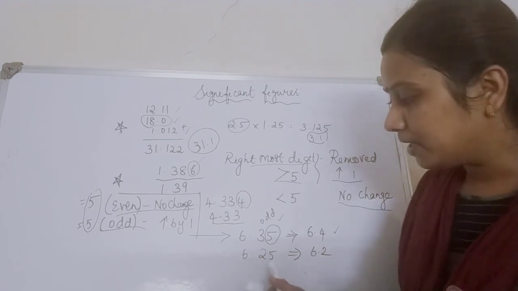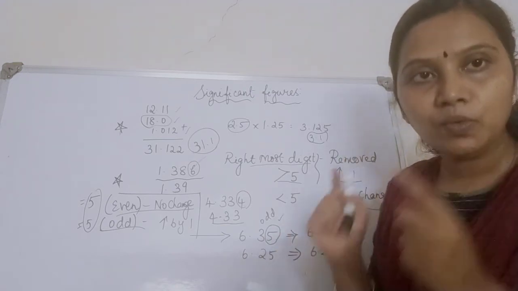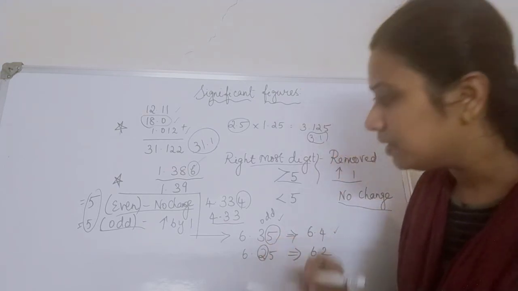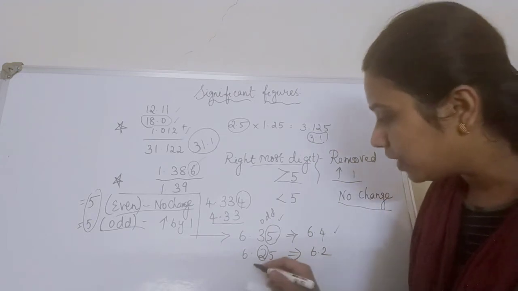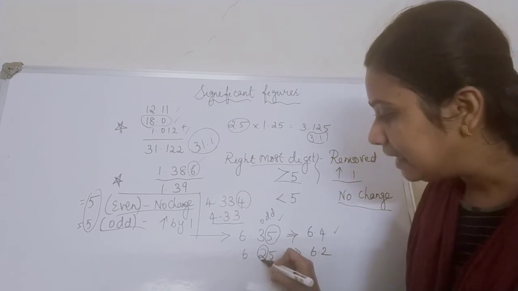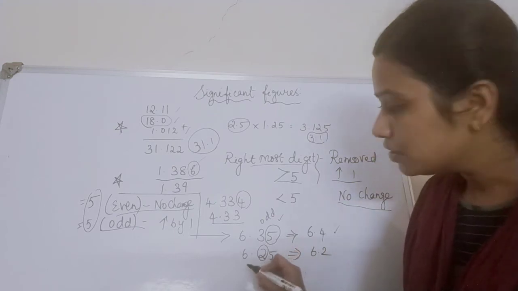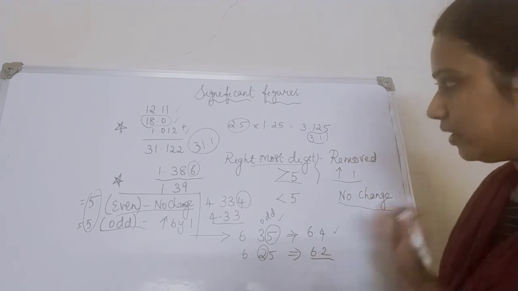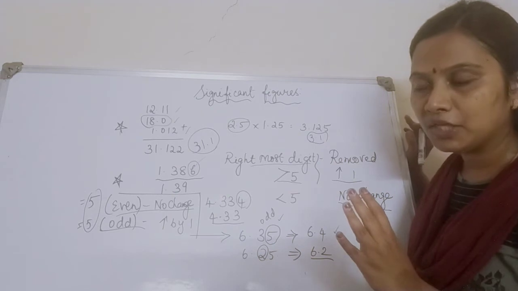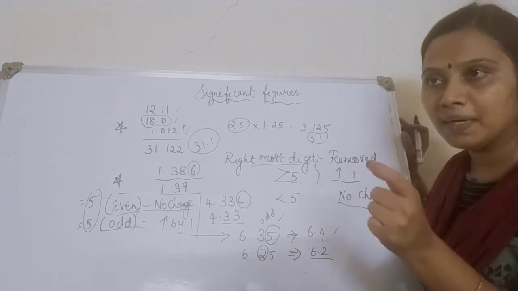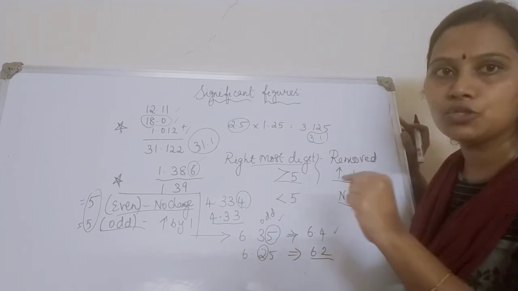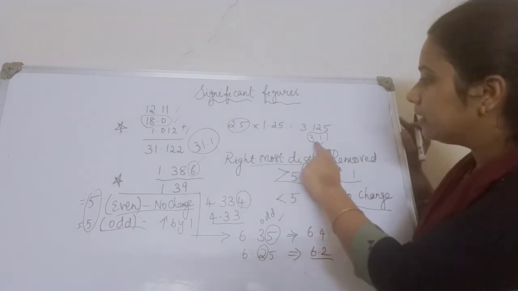Now last case. Now the rightmost number to be removed is 5. And the preceding number is even, then what will you do? No change. See, for example, the rightmost digit to be removed is 5 and the preceding number is an even number, then there is no change. So I have written 6.2 as 6.2. Clear to you? Shall I tell you? For addition, subtraction, division and multiplication, you just check for a number which is having a less number of decimals. That is, after your point they should have a minimum number 1 or 2, then round off accordingly.